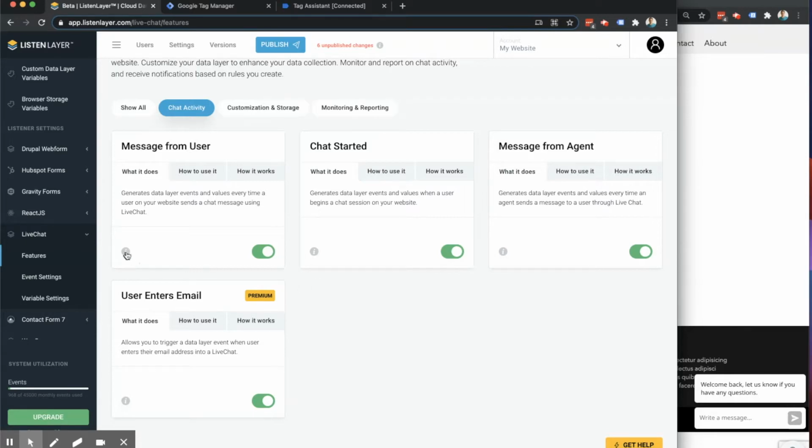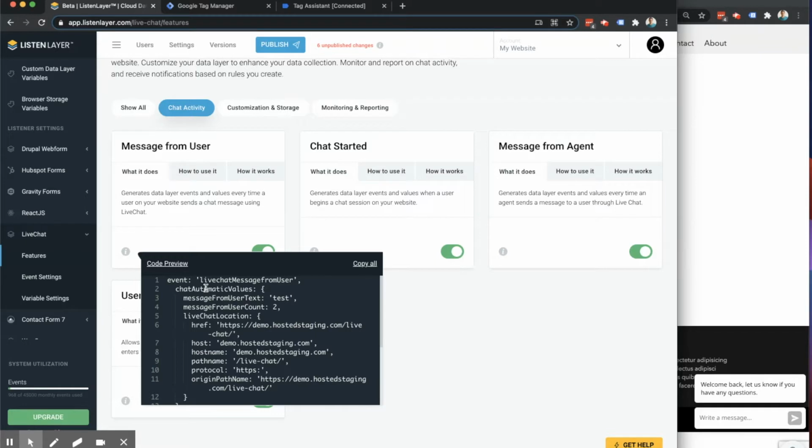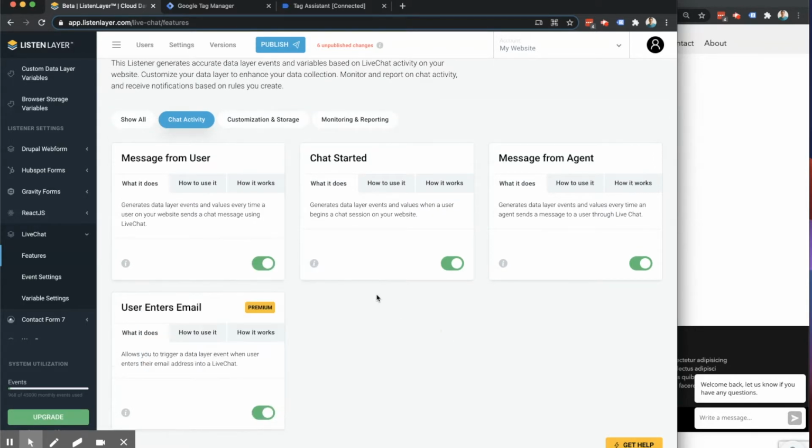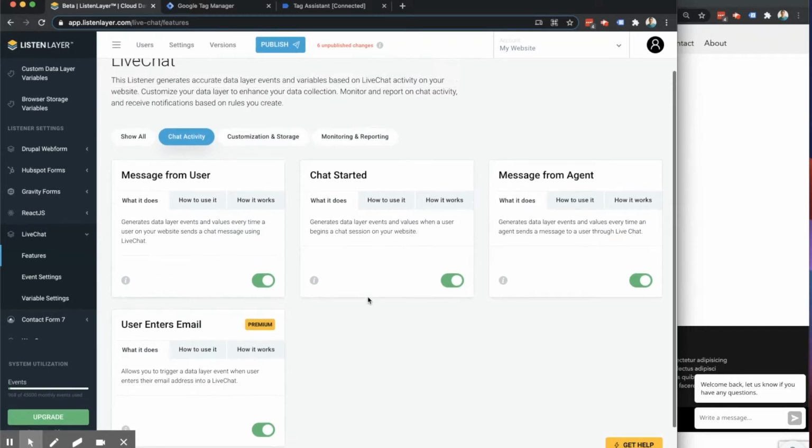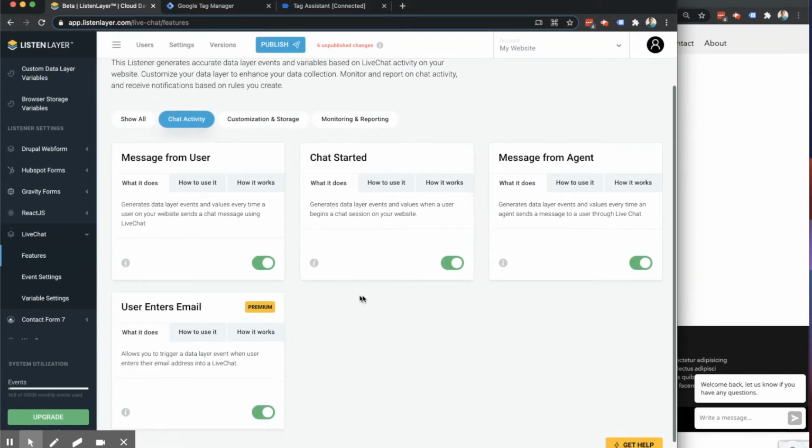You can use this to easily power all of your web analytics tracking by simply creating triggers based on these events and pulling in values from the data layer based on the chat activity itself. This can be very powerful as it allows you to scale and enhance your web analytics tracking very easily. So taking a look at the features themselves, we can